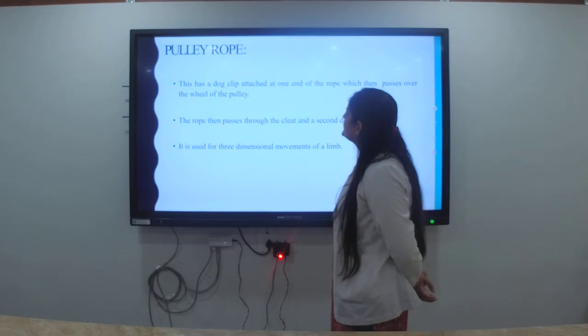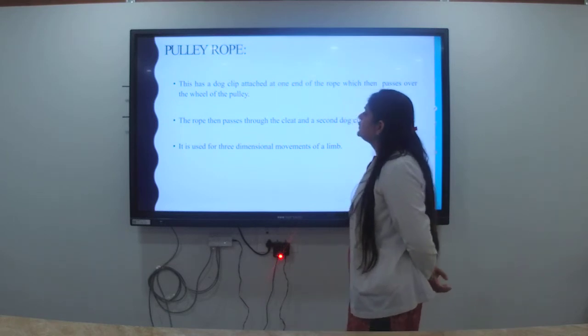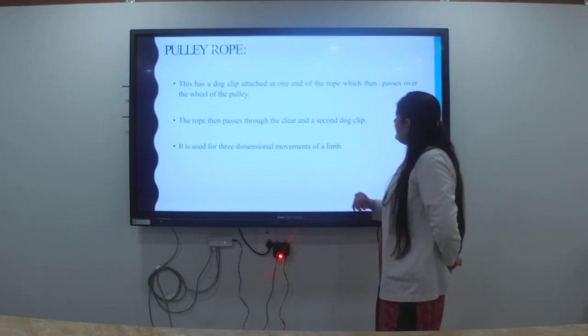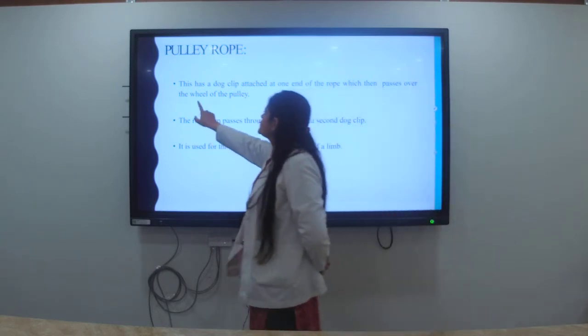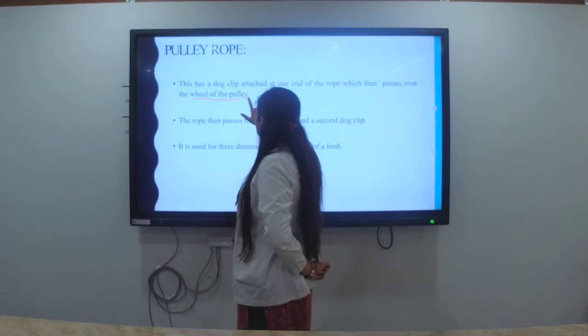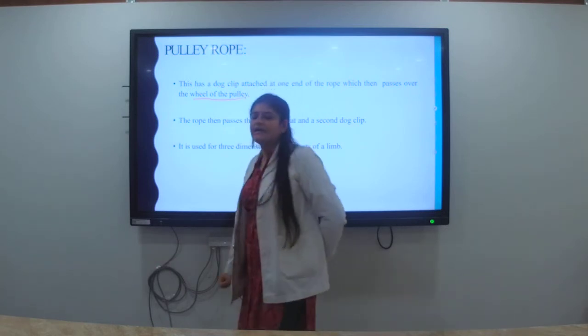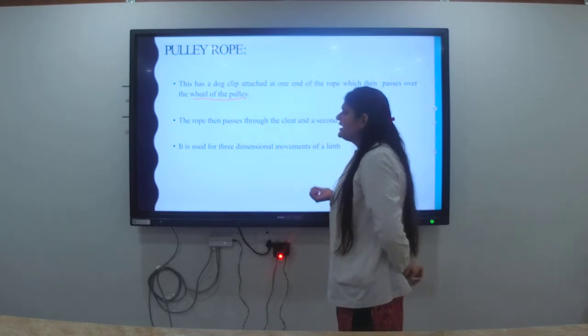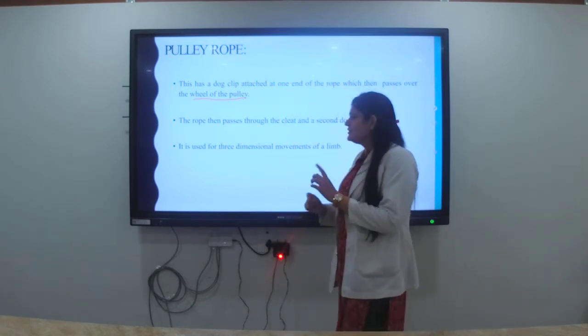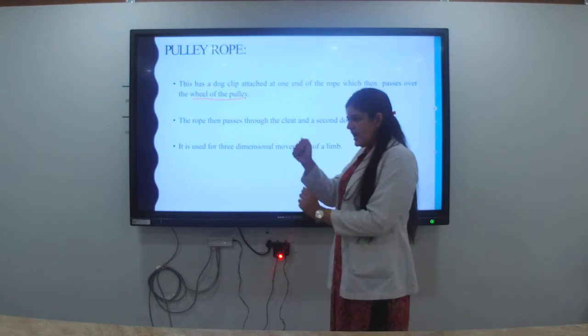Now we will talk about the pulley rope. This has a dog clip attached at one end of the rope, which then passes over the wheel of the pulley. So here the dog clip is directly attached with the pulley rope. In this you don't have to tie everything, and the rope is directly passed through the wheel, and it resembles